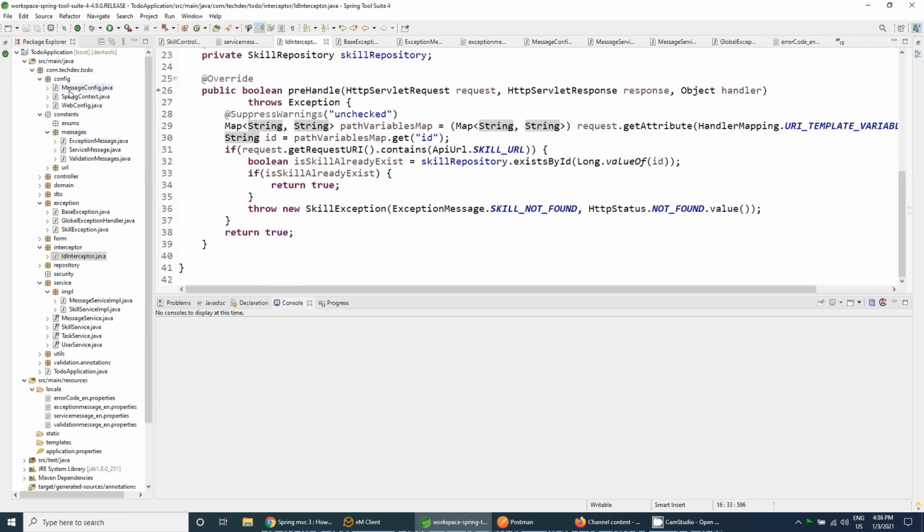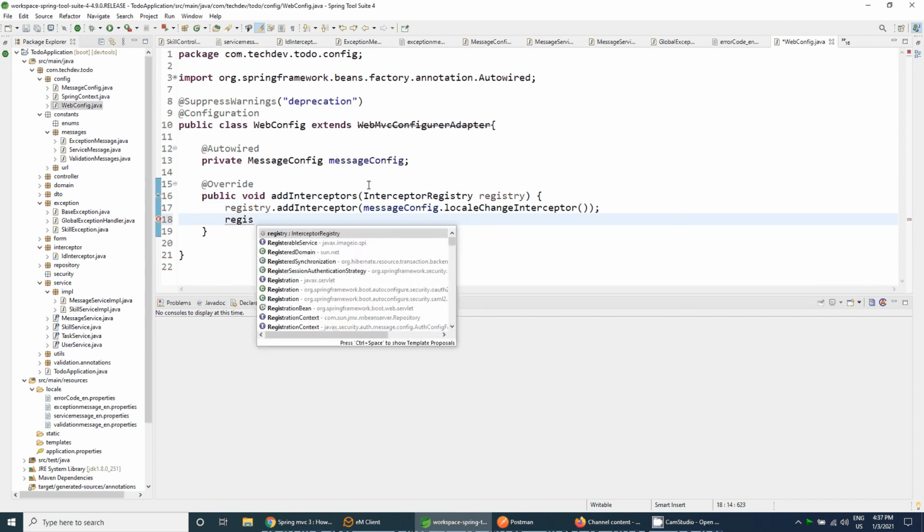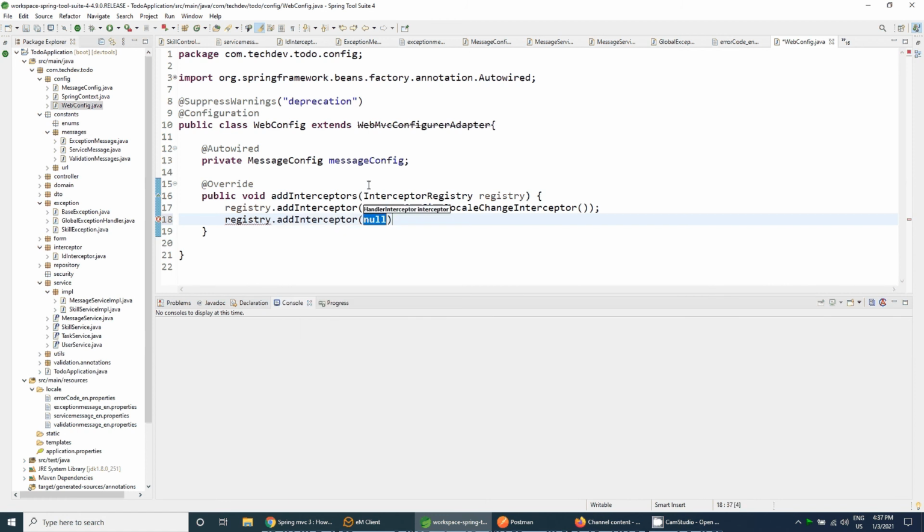So let's check that web config and inside the interceptor, like the other interceptor I've already added, you need to add this interceptor also.